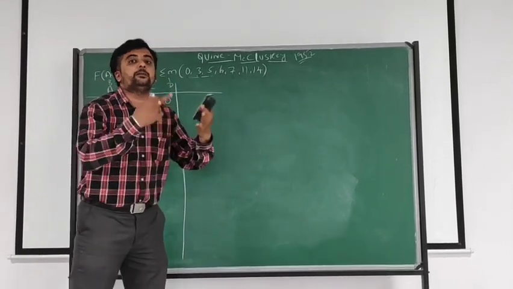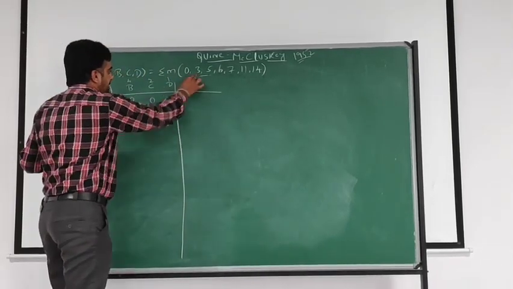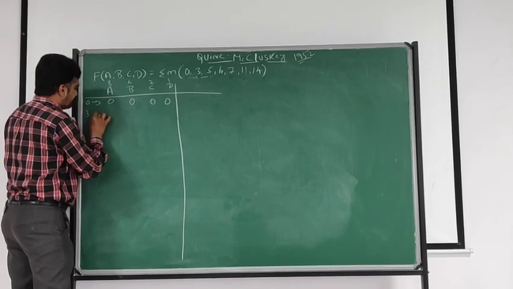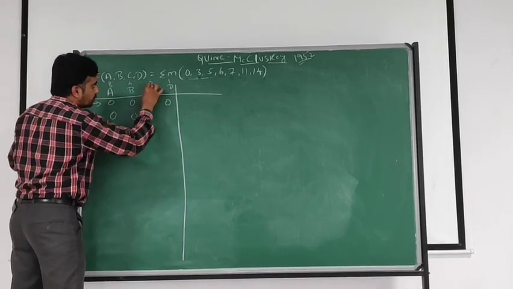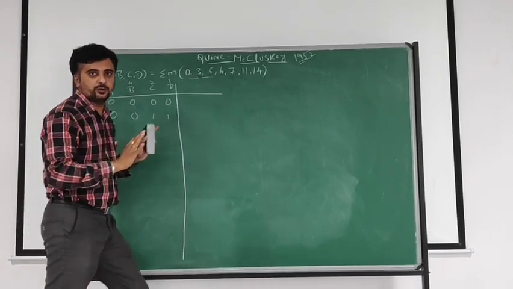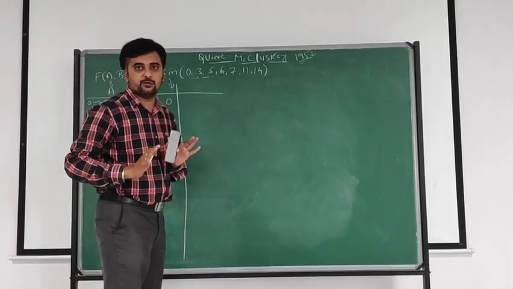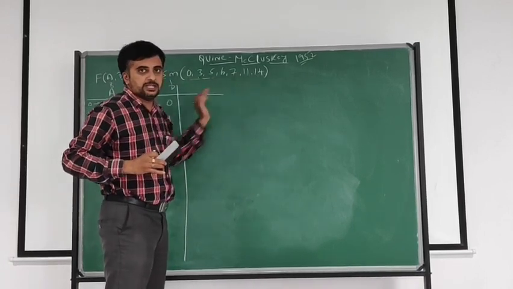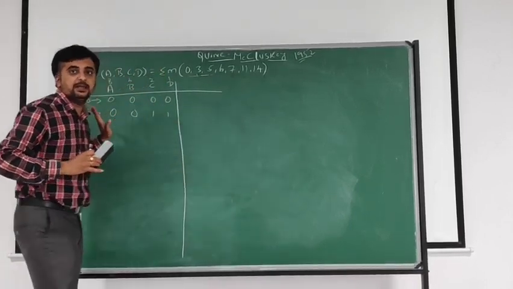Now go for the numbers with two ones. 3 is 0, 0, 1, 1, since 2 plus 1 is 3. I am just writing binary values from 0 to 15, whatever you write in ABCD, 0, 0, 0, 1, 1, 0, 1, 1 like that only. And the given values I have entered here in the tabular method.